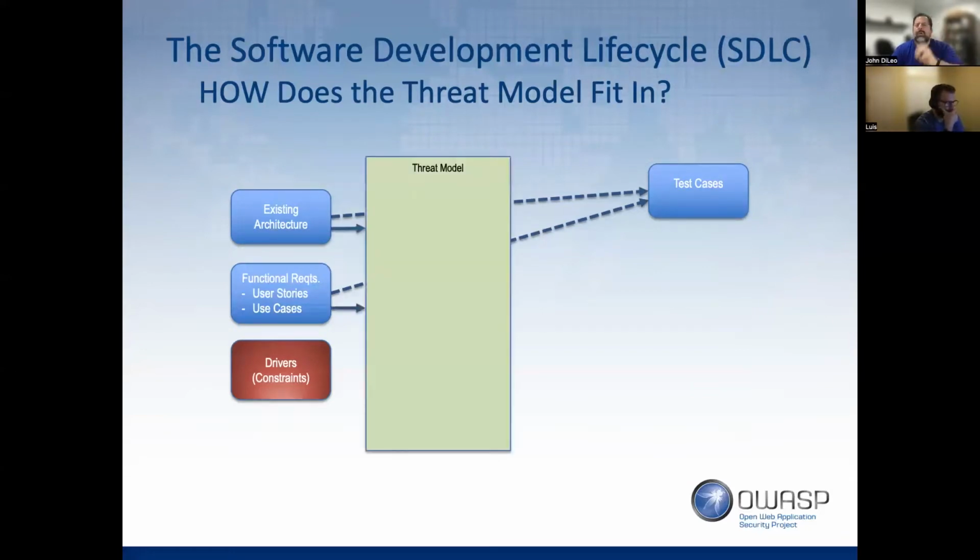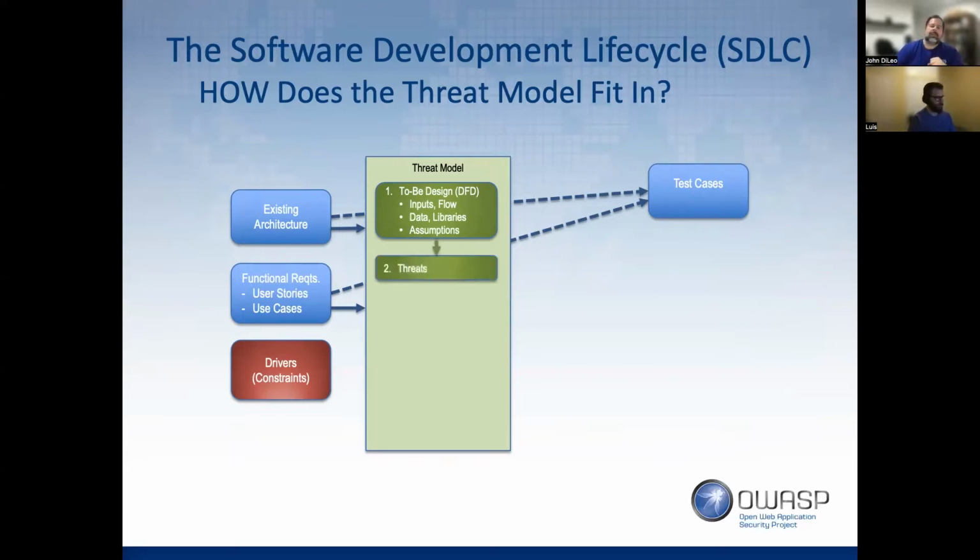Well, I want to interpose threat modeling into that. My first step is I want to model the to-be design. I want to know what the inputs are, what the data flows are, what data I'm using, what libraries are being employed, what are my assumptions, all of that stuff about building the DFD, the what are we building question. I'm going to then identify the threats,